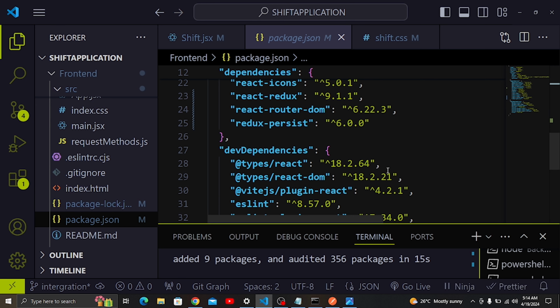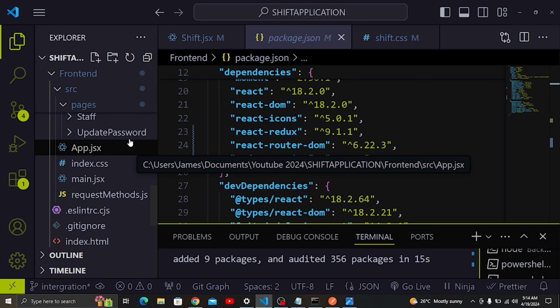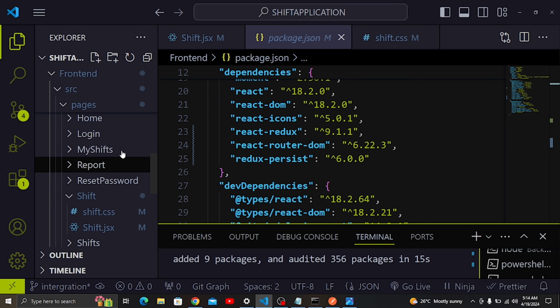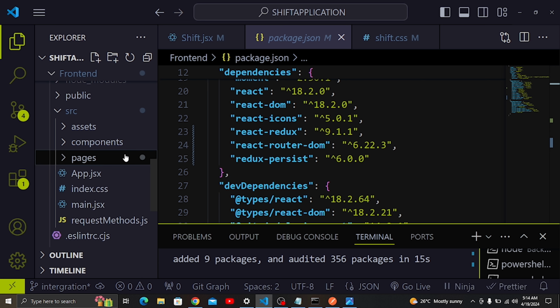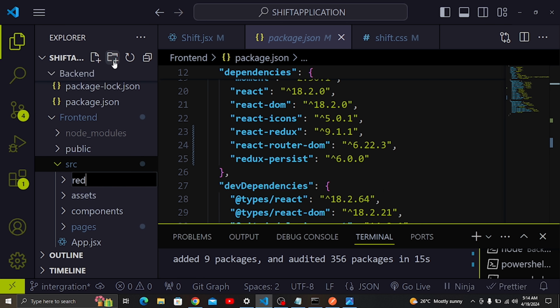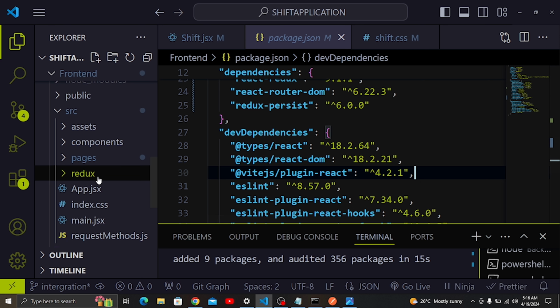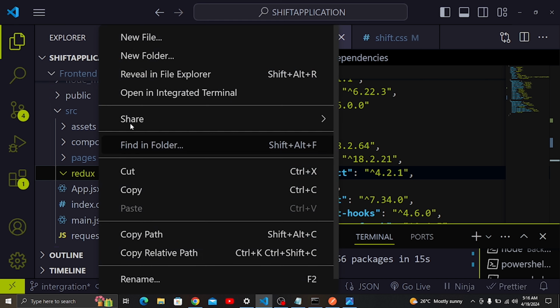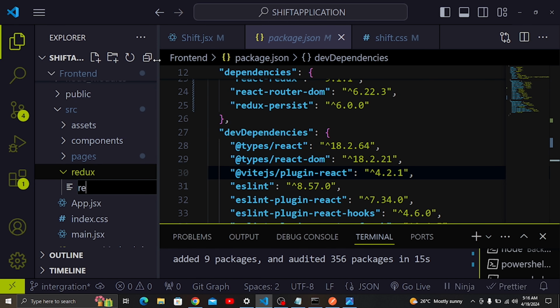So what I'm going to do is that first of all, I'm going to create a folder here for the source. Inside this source, I'm going to create another folder that we are going to call Redux, and this is where we are going to do all our Redux. So inside our Redux folder, we are going to create another file that we are going to call Redux user, or we can call it user Redux. So let's call it user Redux